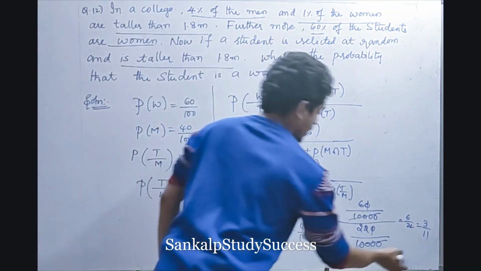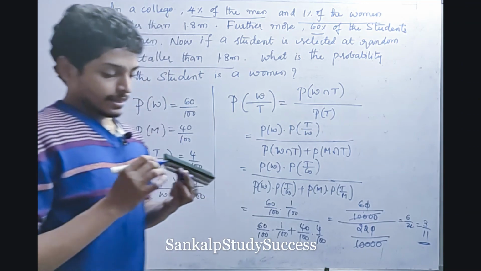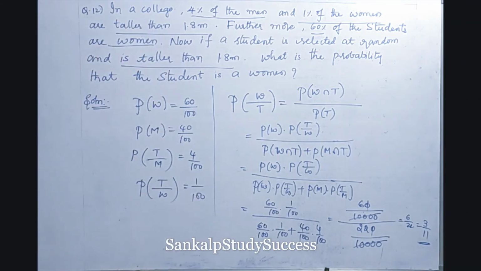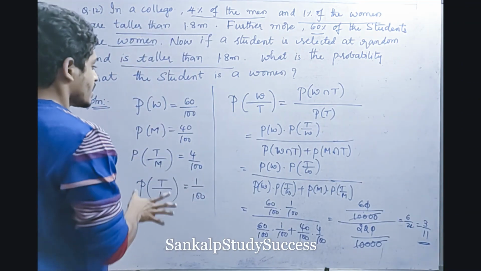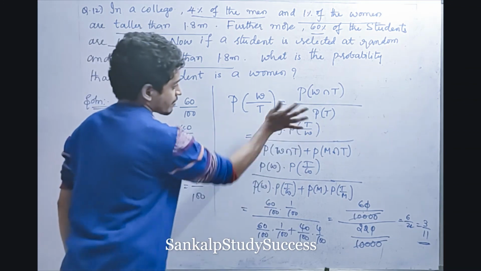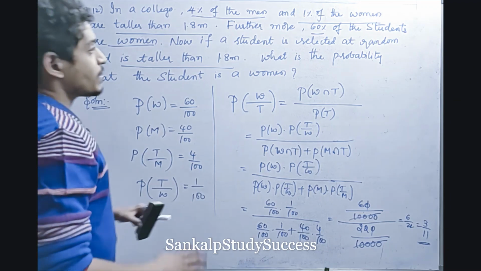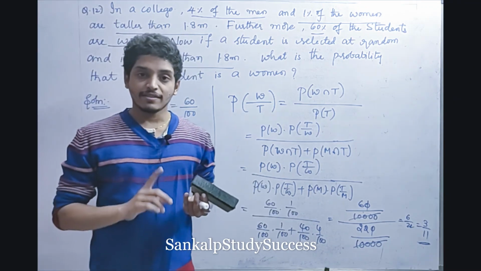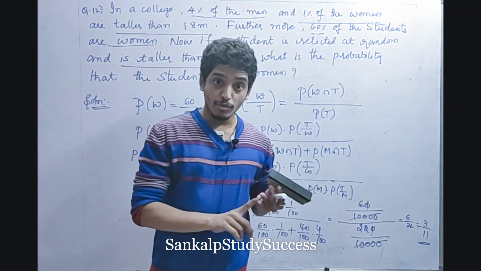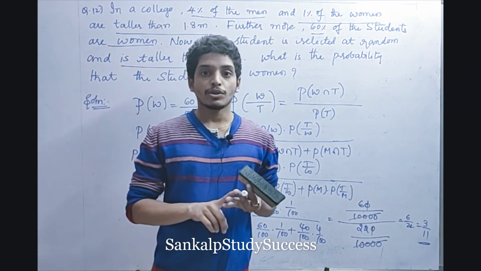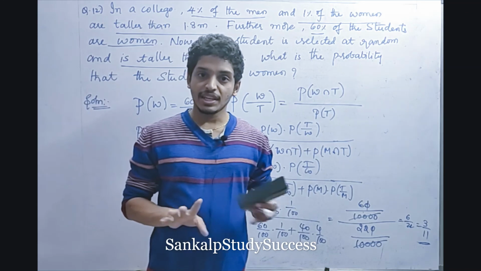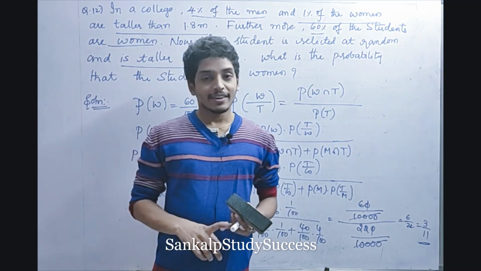So in this case we approach Bayes theorem. Bayes theorem is very simple, friends. The only thing you need to understand is obtaining the data and applying it in the formula. That's all. That is what Bayes theorem is. So now we have finished the main important concepts regarding probability. We have seen the basics of probability, conditional probability, and also total probability and Bayes theorem. We have seen everything. Now we will be going for random variables.